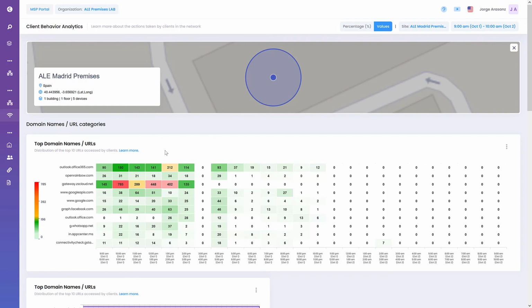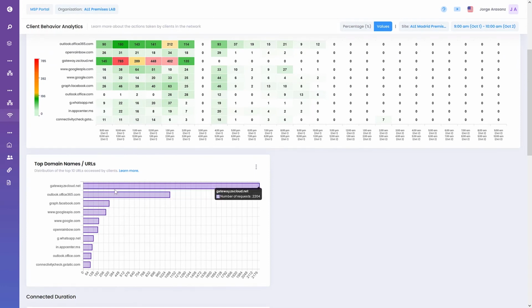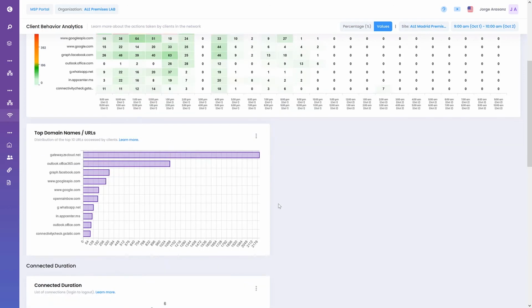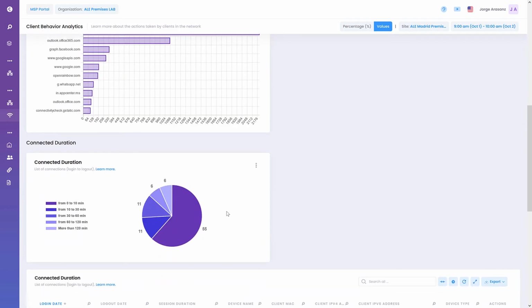But as this is our office environment, we may see Microsoft Outlook as the main tool that we use, and we can see here Zscaler, because Zscaler is the security platform we use for securing our environments. And we can see here as well Rainbow, which is our communications-as-a-service tool in Alcatel-Lucent Enterprise, as you all know. The most used URLs, well, obviously Zscaler should be here because it's continuously tracking the URLs we're using.